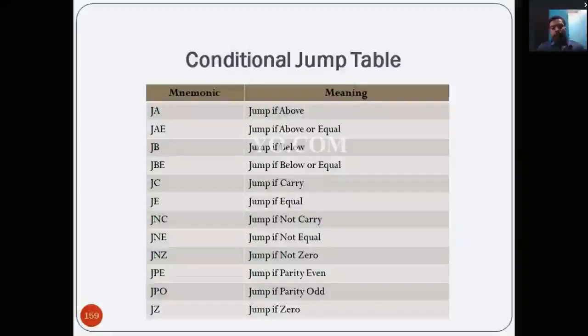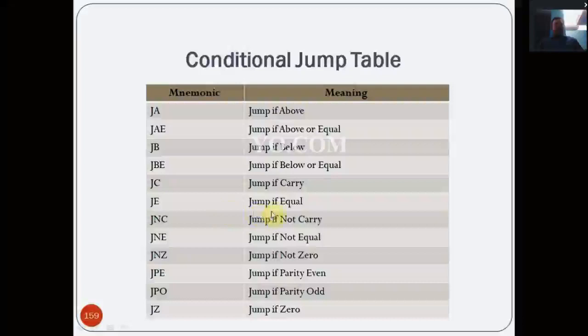JC, jump if carry. Whenever we are doing an addition operation, the carry flag will be set whenever overflow occurs. At that time JC is enabled, jump if carry.